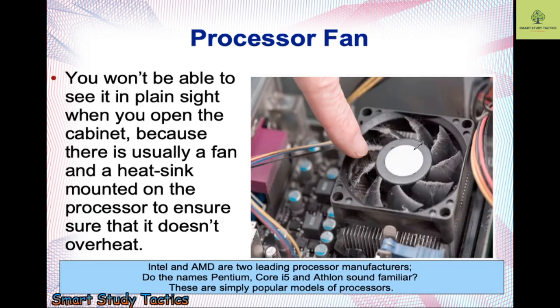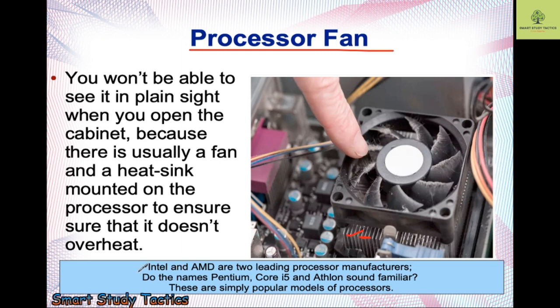The processor fan is just on top of the processor, which means it is a processor heat sink. When your processor gets hot, this part needs to be cooled down, and this fan cools the computer system. These are the things that you have to remember. So it is the processor fan. A main thing: sometimes it gets dust, or your system is not working. At that time, you have to clean this area. You can open your computer system and use a brush or a blower. Then you can clean this dust from the processor fan.